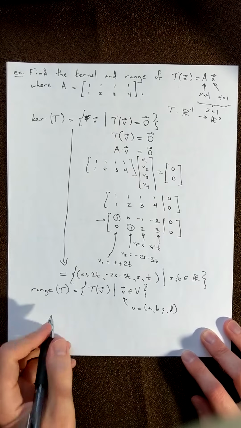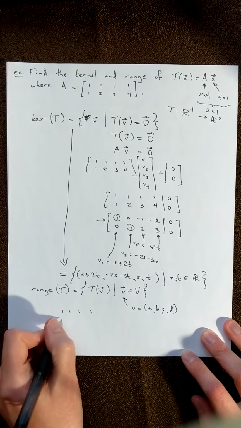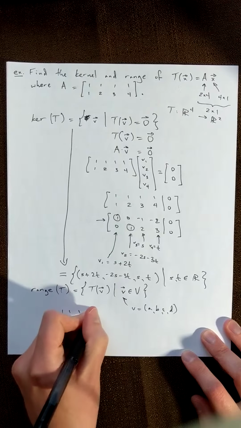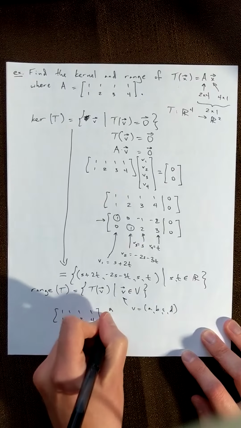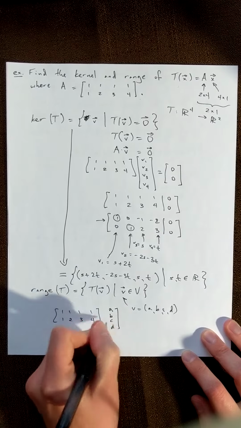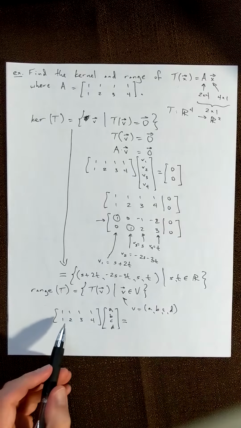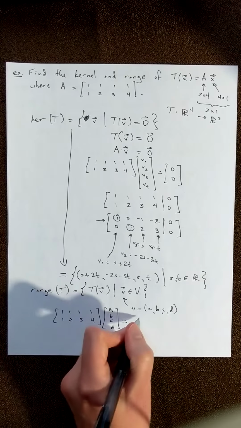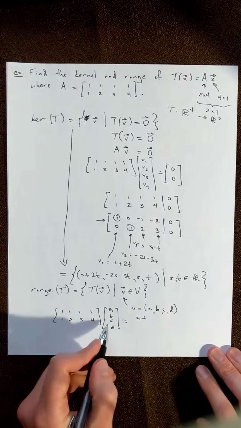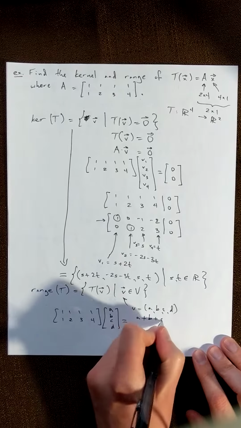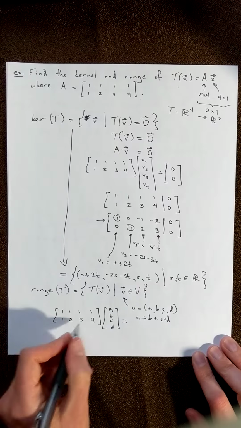Then T of v is going to be 1, 1, 1, 1, 1, 2, 3, 4 times a, b, c, d. And if we multiply this out, we have, let's see, this 1 is going to end up multiplied by a, the 1 is going to end up multiplied by b, and we have